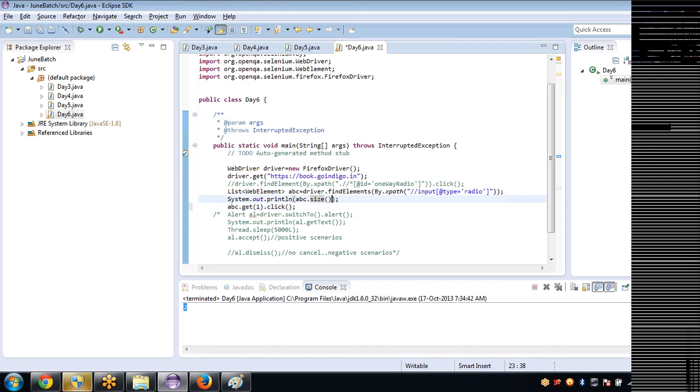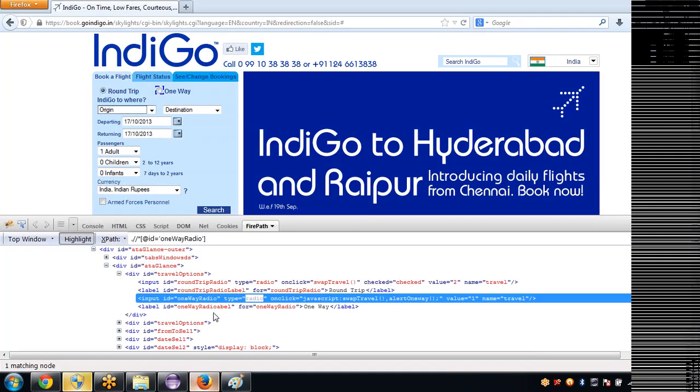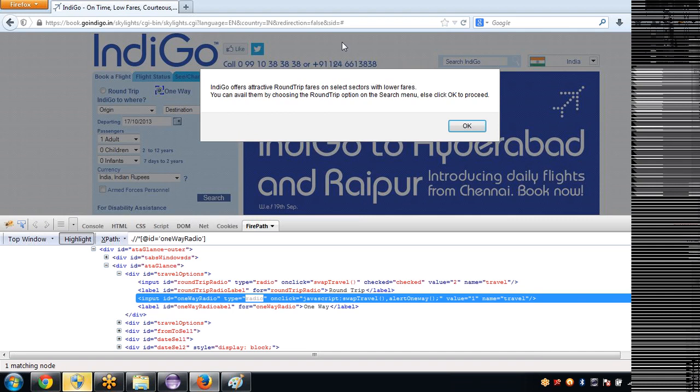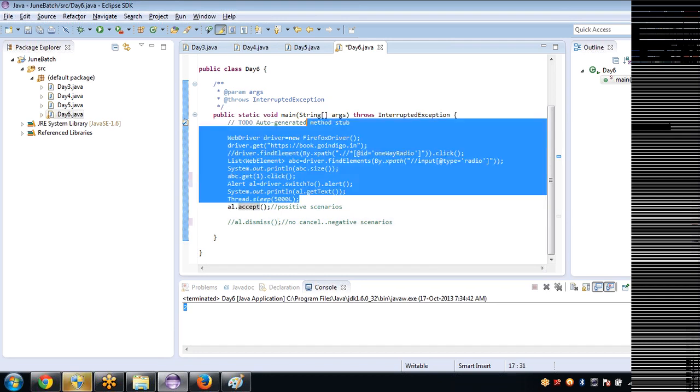And once it got clicked, thereafter the same again. Now I clicked here, that means a pop-up will come and it should be handled. Everything is the same. Now we kept sleep also, right? 5 seconds. I'll remove this comment and run this program again. Now the second radio button will be clicked, then the alert will be opened. After opening the alert, it will take the text, then wait for 5 seconds and click on the OK button. So this is our test case.